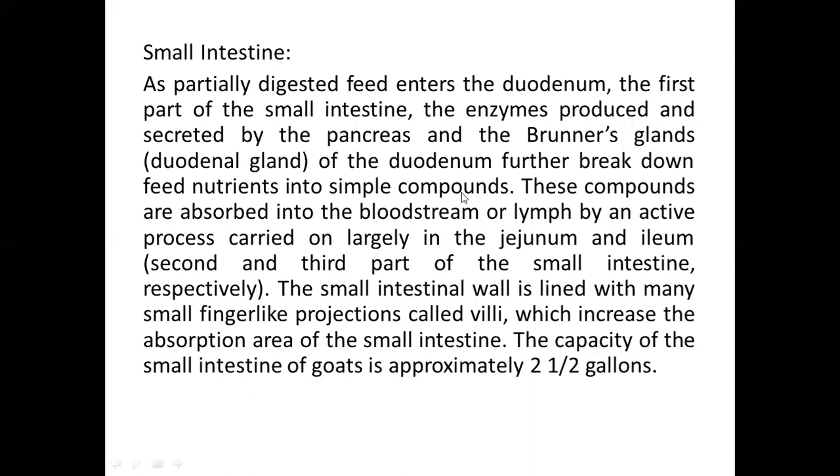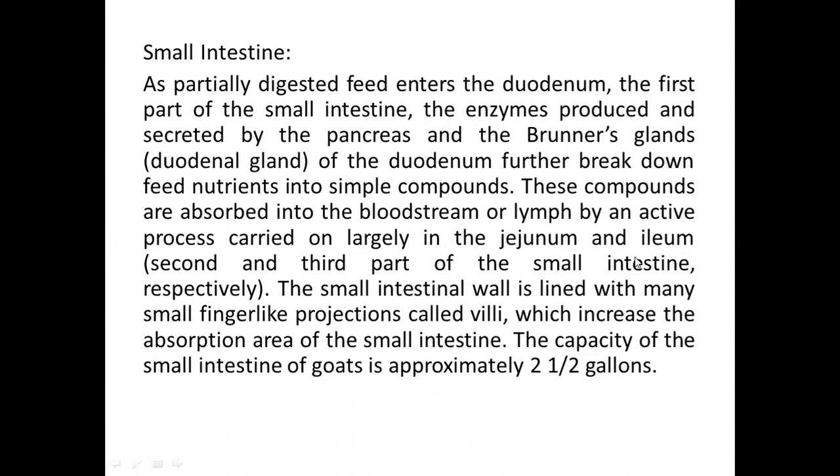For carbohydrates the simple compound is glucose, for proteins the simple compounds are the amino acids. That means they have separated the nutrients out of the feed. From the feed material, in the duodenum, nutrient separation has happened. And these nutrients are absorbed in the bloodstream, and this absorption takes place in the jejunum and ileum portion of the